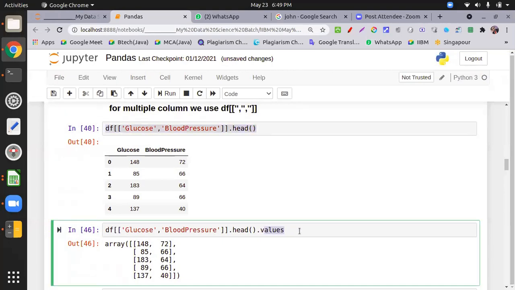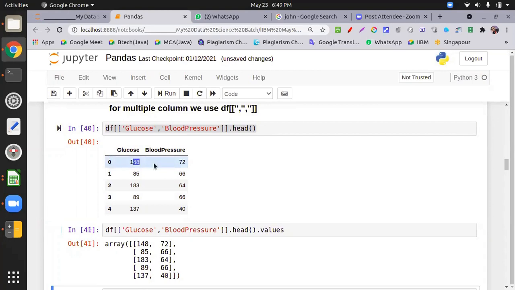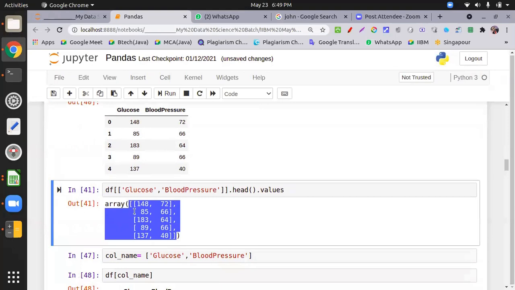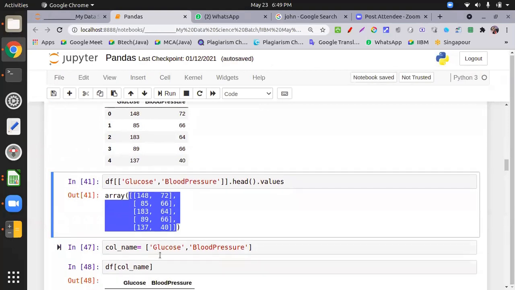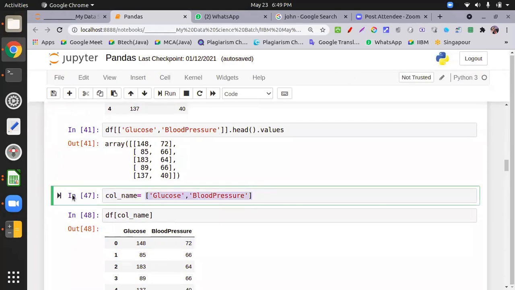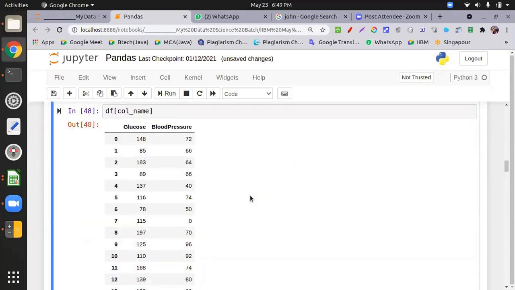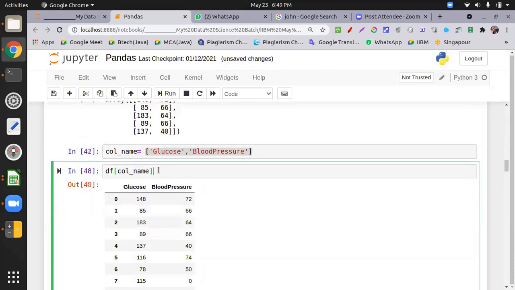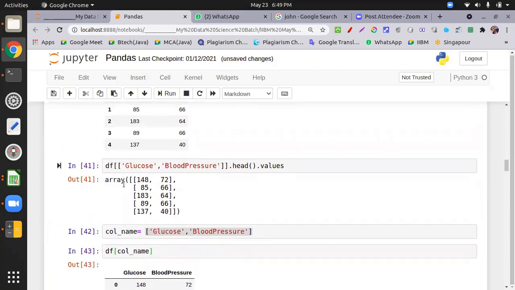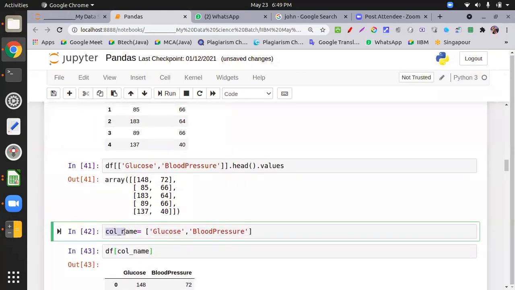The values are shown in the form of a 2-dimensional array, and the type is NumPy. All right, we can also create a list of columns, check this one, and then pass the column names. So you can put double square brackets, or you can maintain the list initially and then pass it over here. It's the same thing.